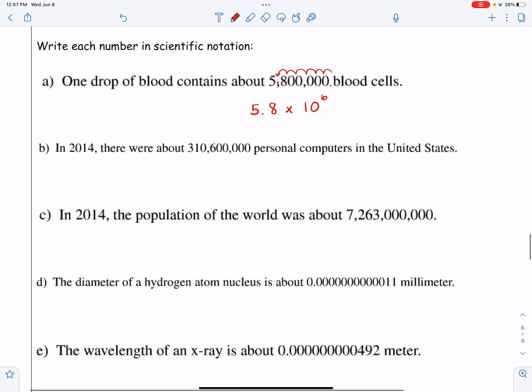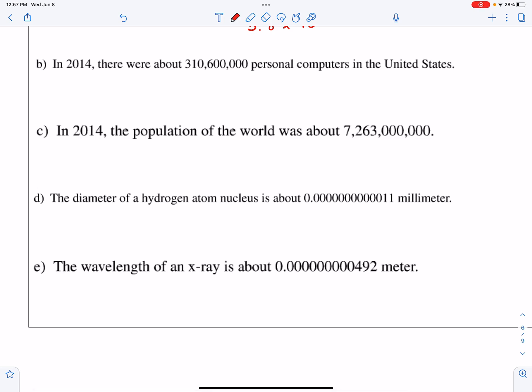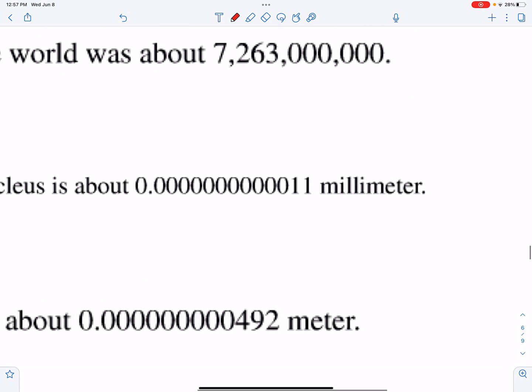With small numbers, like this one down here in part D, your exponent is going to be negative, okay? But the same process. So again, I would look at my number. I would move the decimal until there is one non-zero digit to its left. So that's going to go right here. One non-zero digit to its left, and that's a 1. So the first part of this is going to be 1.1